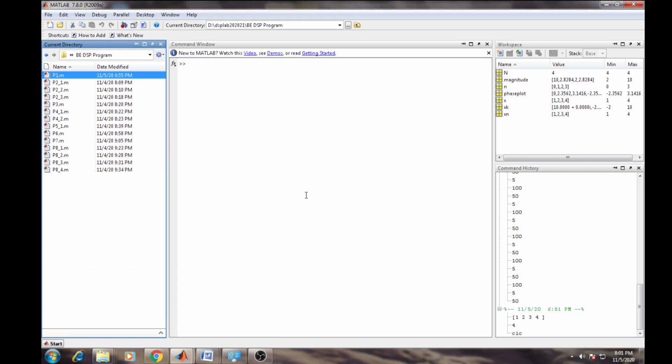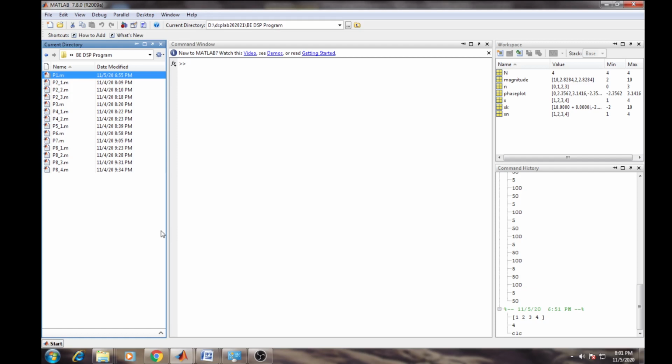So this is the MATLAB default screen in front of you. I hope in third year of engineering you are already aware of the MATLAB screen, so there is no necessity to tell you about it, but some of the students have joined for final year.